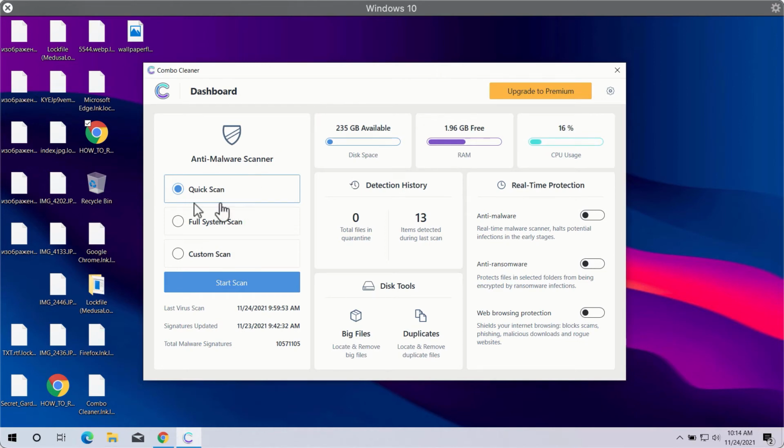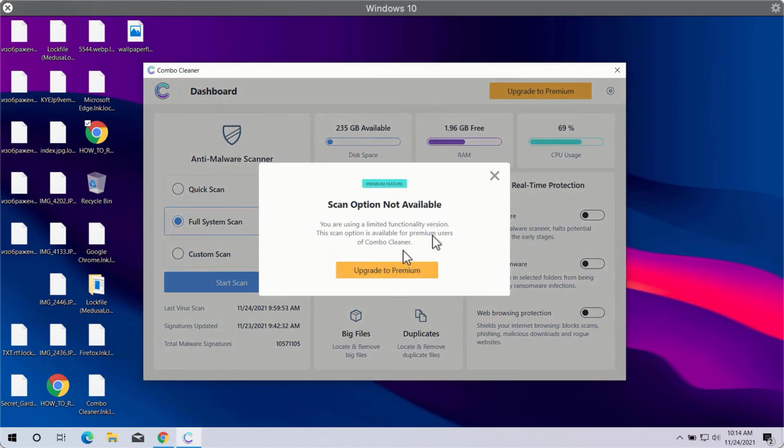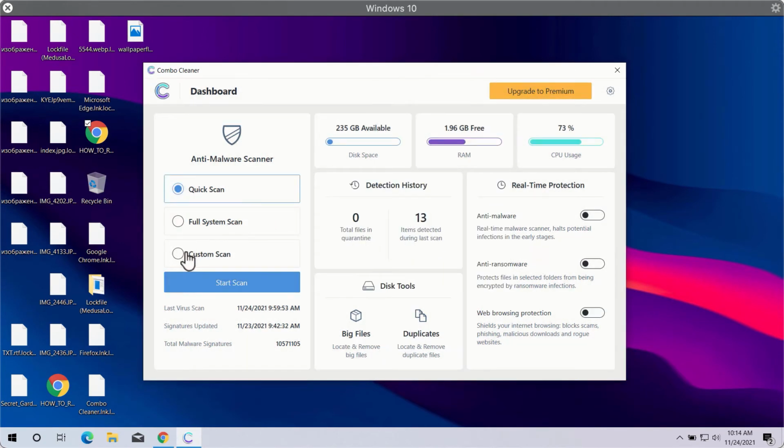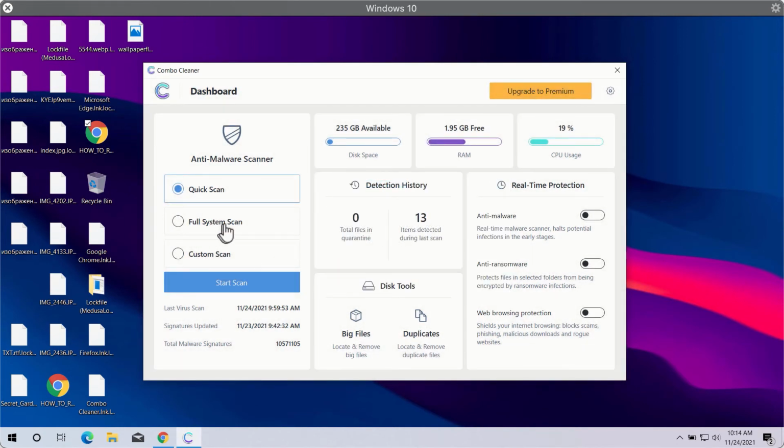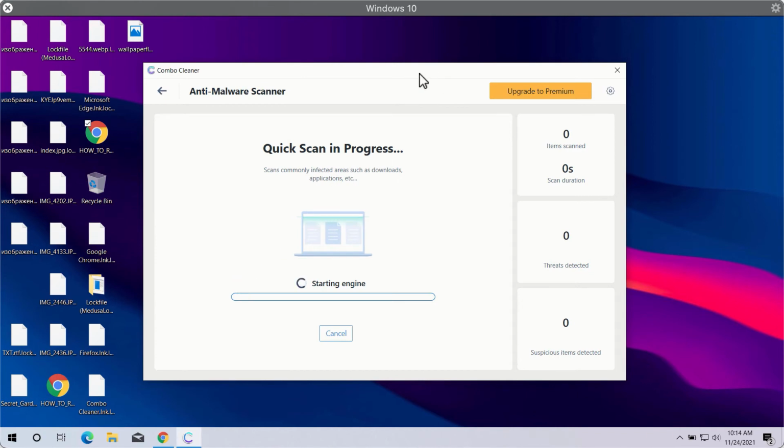In fact, 3 scan types are available. They are Quick Scan, Full System Scan, and Custom Scan. Even though the trial mode only gives you the Quick Scan option. Full Scan and Custom Scan are the parts of the premium license. So to use these 2 scan types, the premium license upgrade is required. So click on Start Scan button in order to detect and identify all sorts of malware, ransomware, and other threats